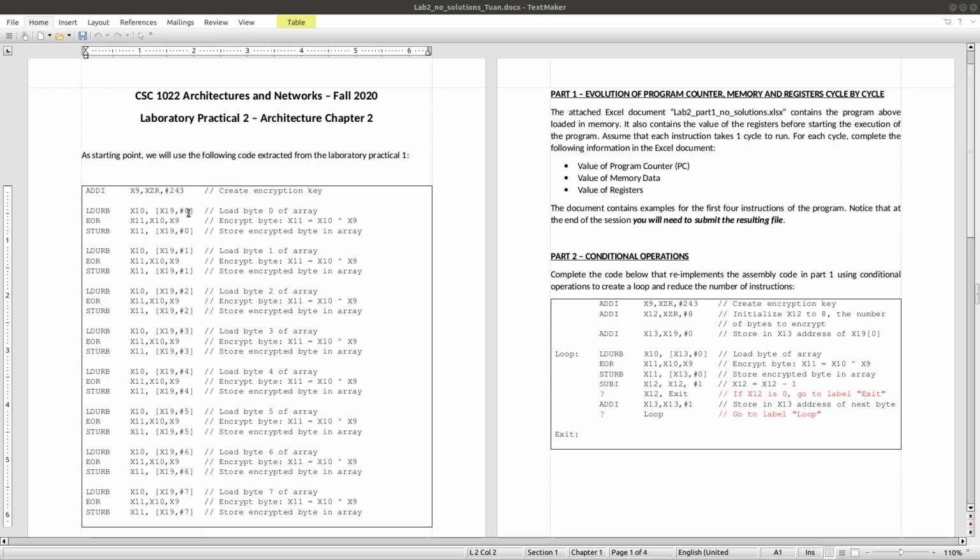But due to the change of location in memory, we will have the offset address change gradually, 0 and then 1 and then 2 until 7. I mean, in total we need to process 8 bytes of data in memory. So a question is, why don't we make a loop condition, or use conditional operation to make the program shorter? For example, we may use a variable to change the value of x19